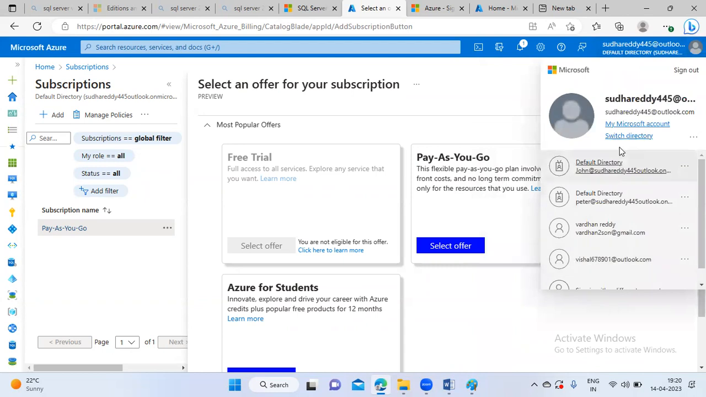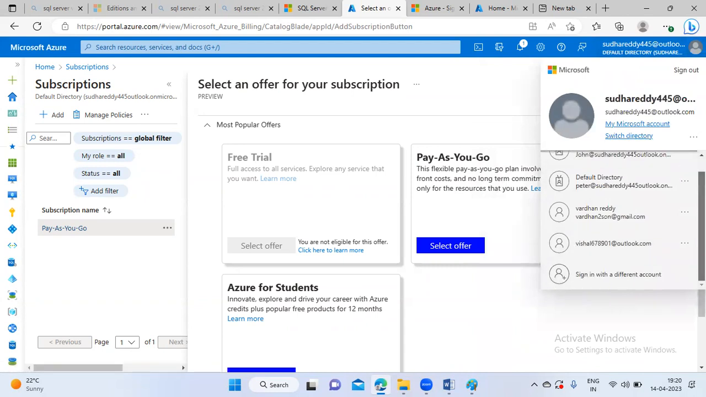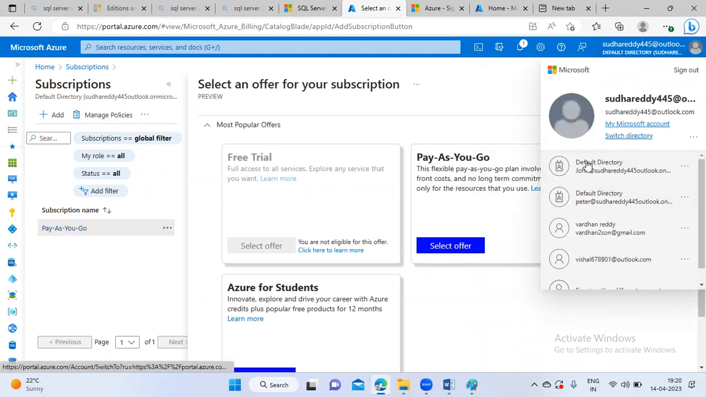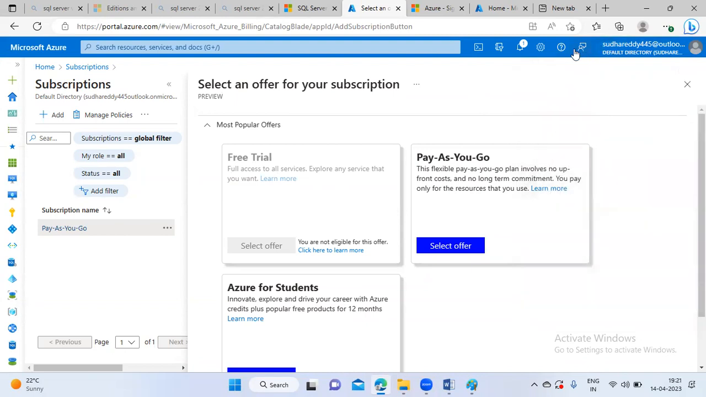So when you have different kinds of accounts, like if I have multiple accounts, then you can switch your accounts. You can switch your directory always. From one account to another account, if you want to switch, you can use this switch directory. After that, there is a